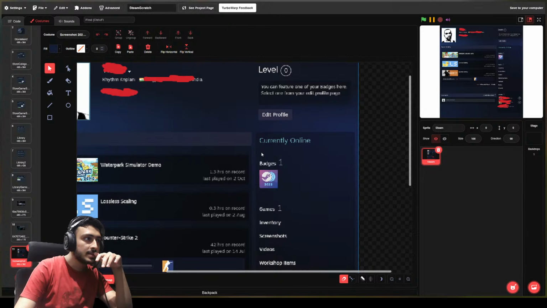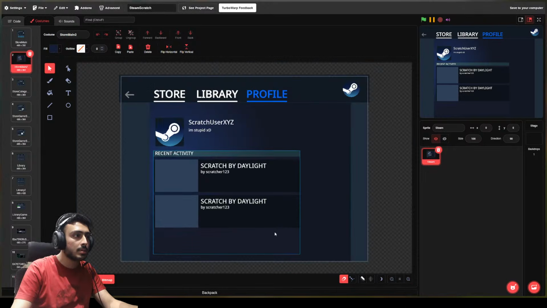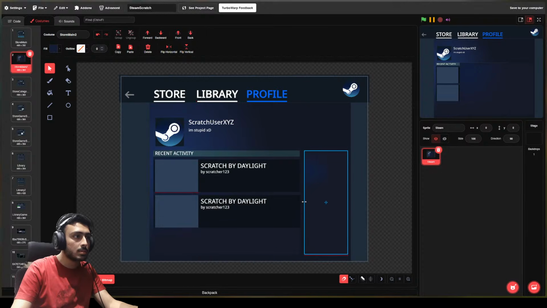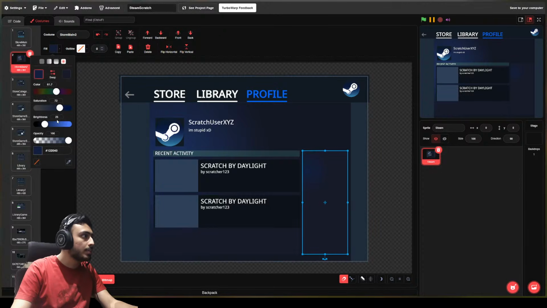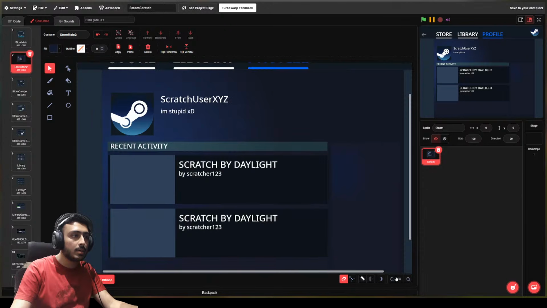This is similar to this color, but it's a bit transparent. Okay, let's design this actually. Let's actually do this. Yeah, okay, a bit transparent, so 75, and we'll write currently online here.